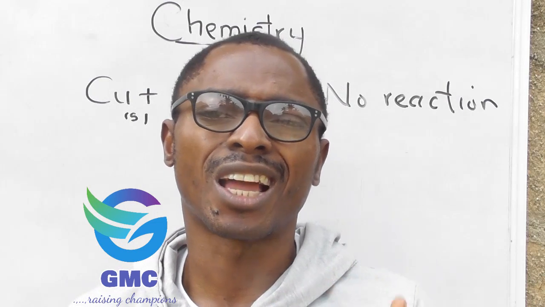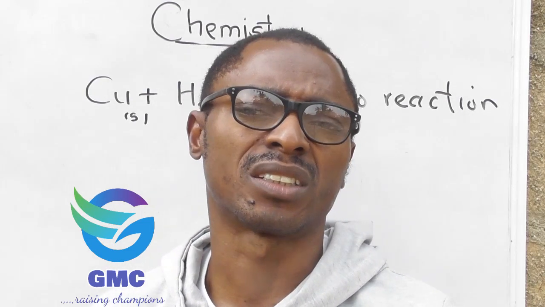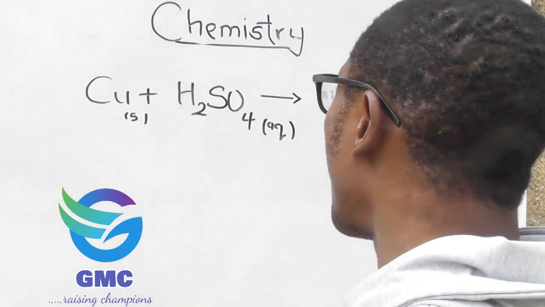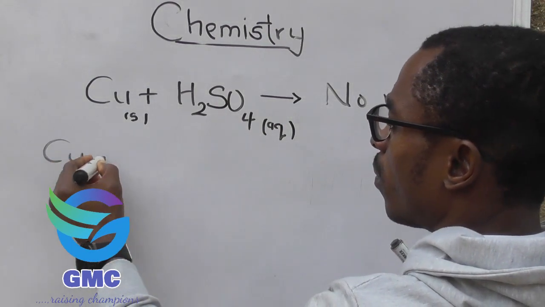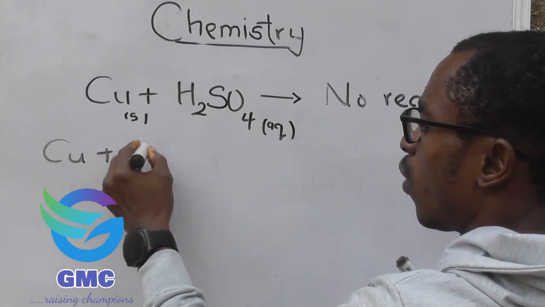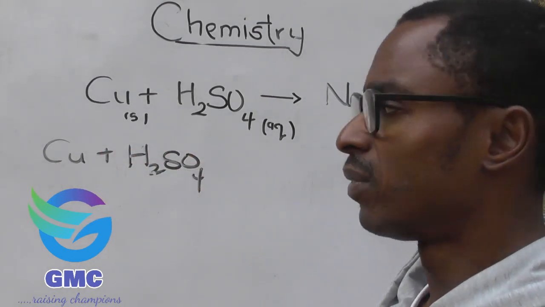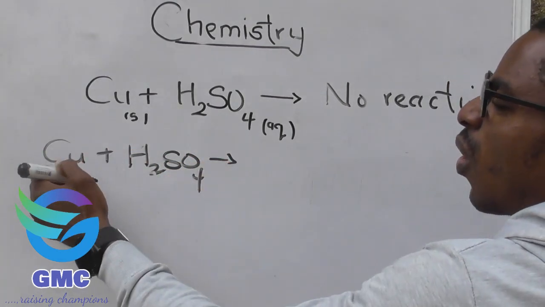The metal stands as a reducing agent, while the hot concentrated acid stands as an oxidizing agent. So if we have this same reaction, again, copper plus H2SO4, this time concentrated, then the acid H2SO4 will oxidize